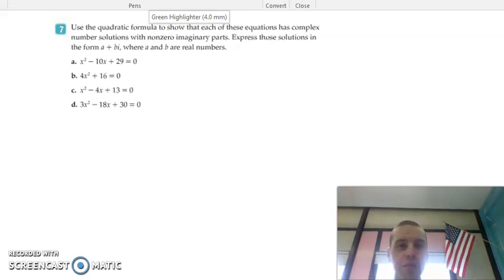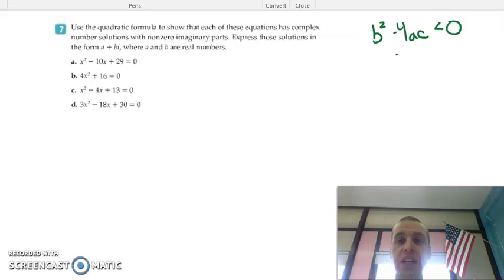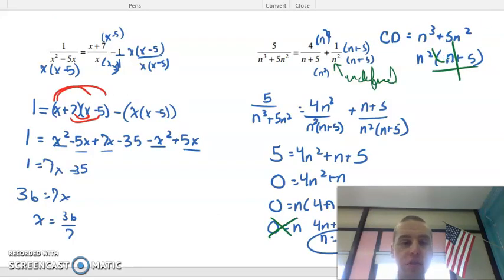We are looking more at quadratics, specifically with quadratics that do not have actual real roots. We talked about this the other day with discriminant. When the discriminant of b squared minus 4ac is less than 0, meaning what's underneath the square root is negative, we know that the quadratic has no real roots. We talked about this idea that it has two complex roots,